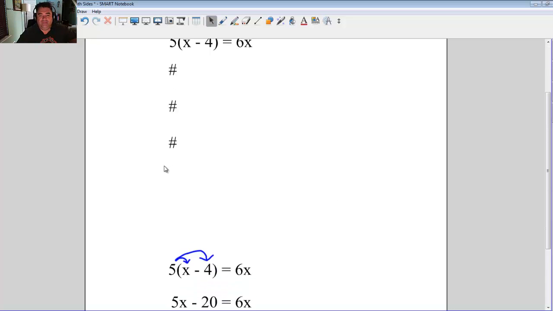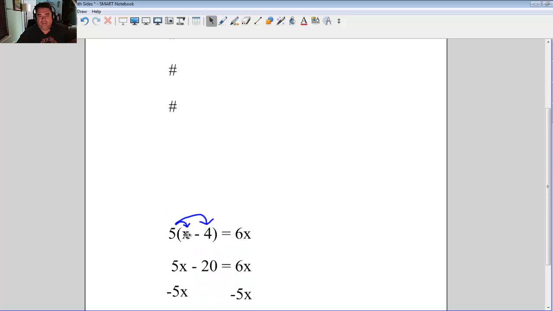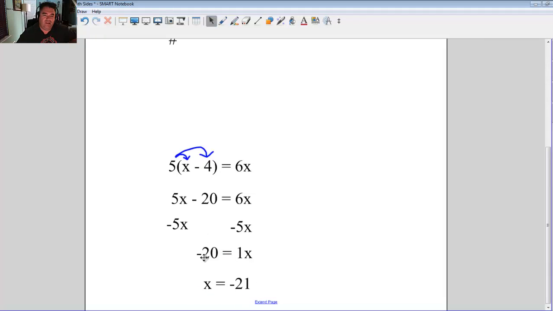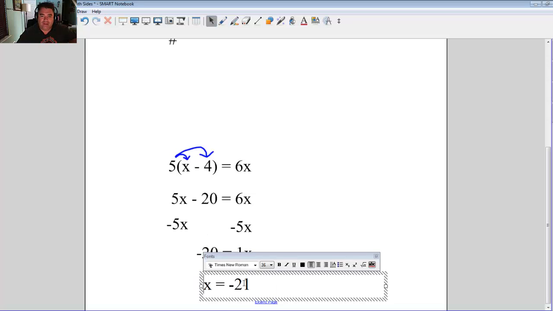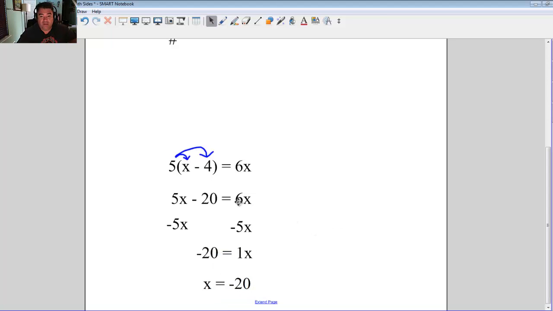Alright, let's see how you did. Hopefully you took 5 times to both of them. 5 times x and 5 times negative 20 equals 6x. 5x minus 20 equals 6x. Hopefully you minus 5x to both sides. Negative 20 equals 1x, or just x equals, wait a minute, that should not be 21, that should be 20. There we go, because when I add 20 to both sides, add minus 5x to both sides, I get 1,